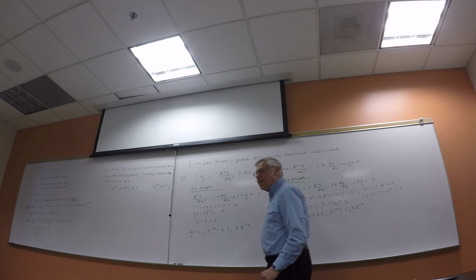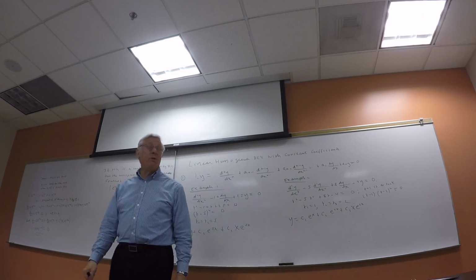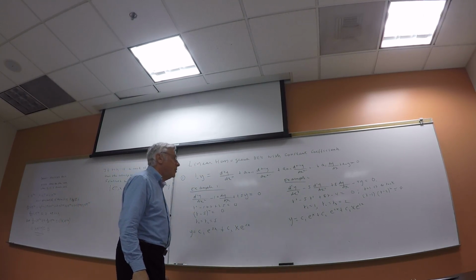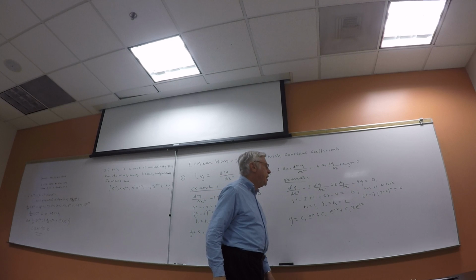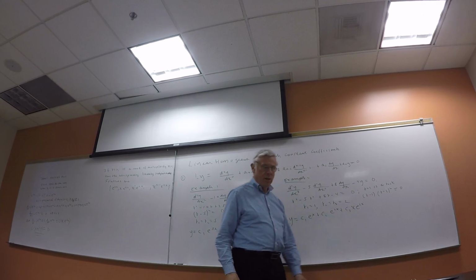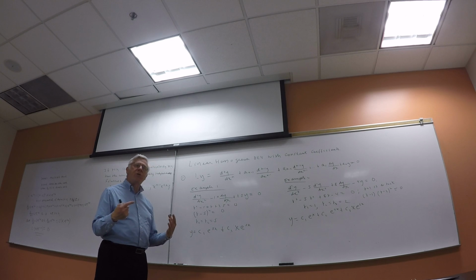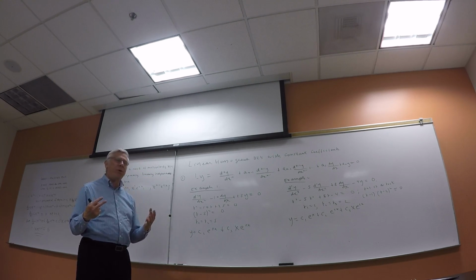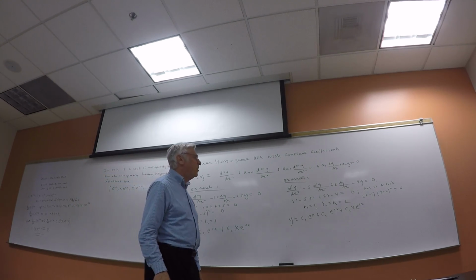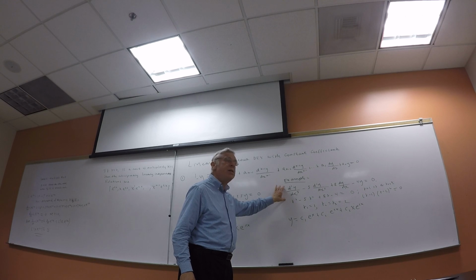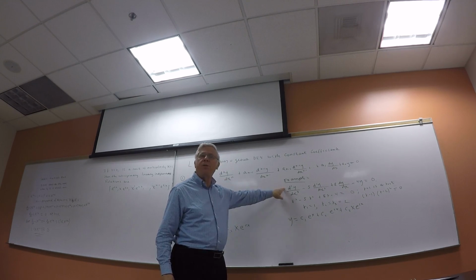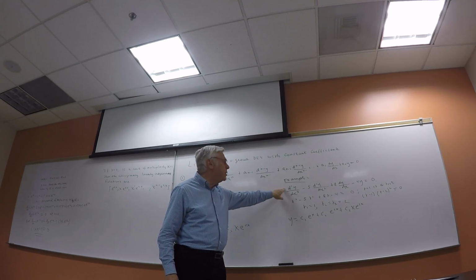And a great thing about this is you can check all these. Plug in e to the x, make sure it solves, plug in e to the 2x, and plug in x e to the 2x, and there will be solutions. That's why I went so carefully through the general theory, because you know what to look for. You have a third order linear equation, there has to be 3 independent solutions. And remember this technique that we're applying